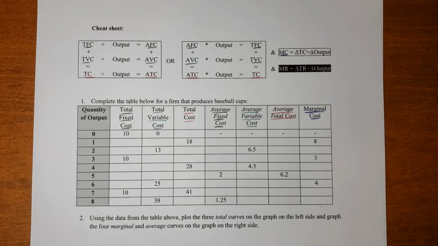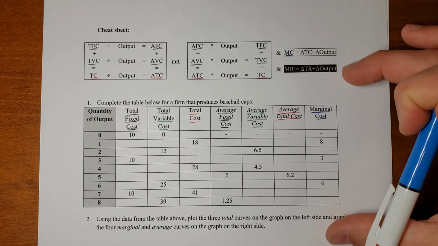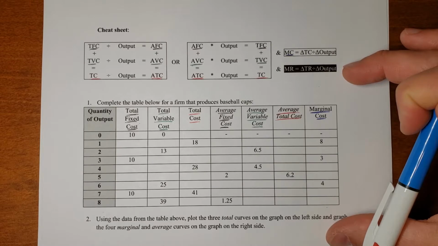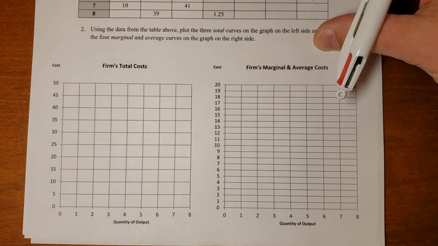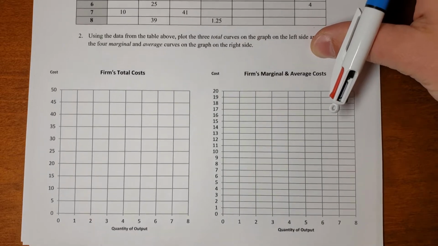Hello everyone. In this tutorial I'm going to be talking about cost curves and the different types of costs that firms incur in production. We're going to be starting off by looking at a data set, and that data set's going to help us understand where these costs come from, what they represent, and their relationship to each other. And then once we're done with the data set, we're going to go down and plot out all of these various costs, and at that point we should have a better understanding of what those costs represent.